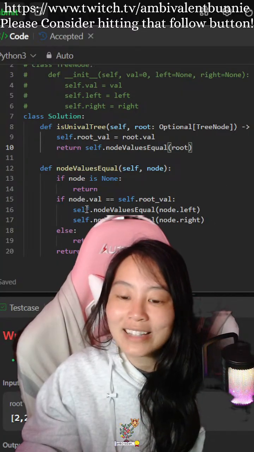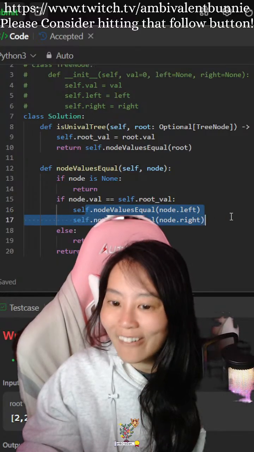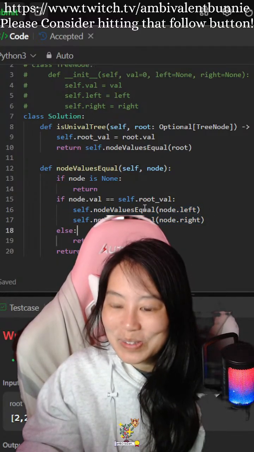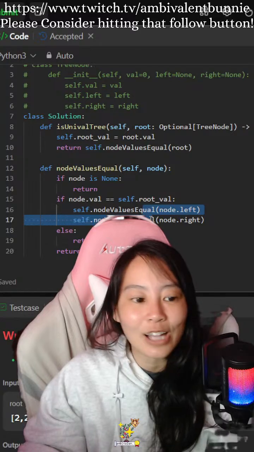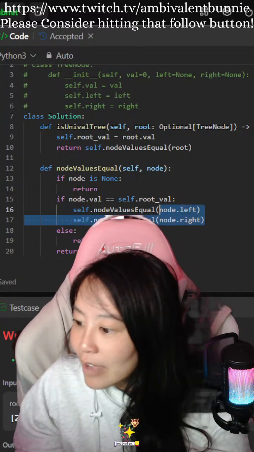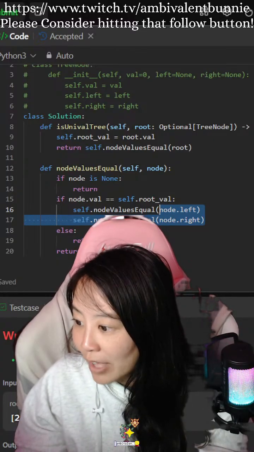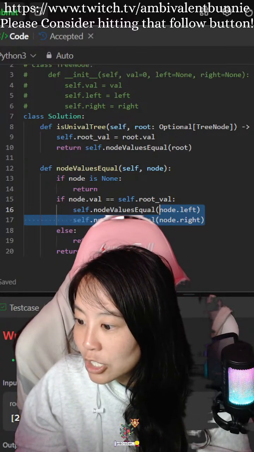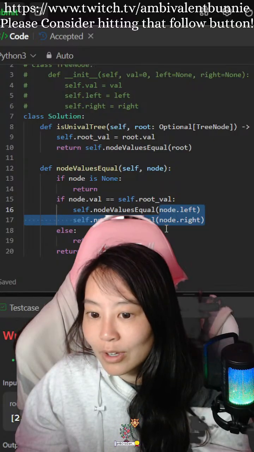I still have not figured out how to confidently and comfortably do the return values with recursion. If the node val equals the root val, that's cool. Better make sure the children have the same value too. Yes.